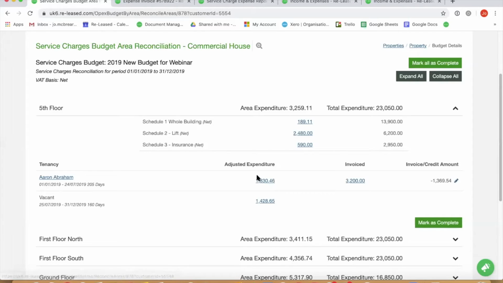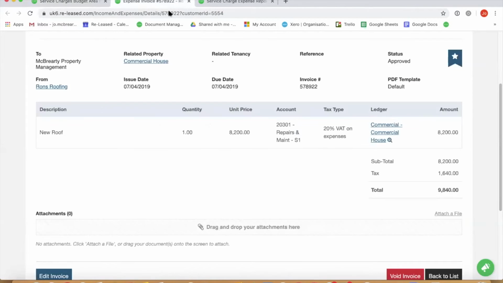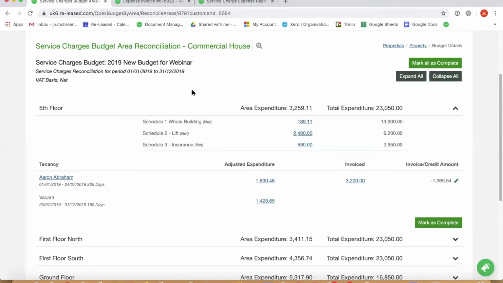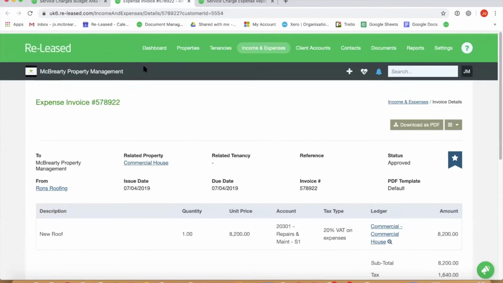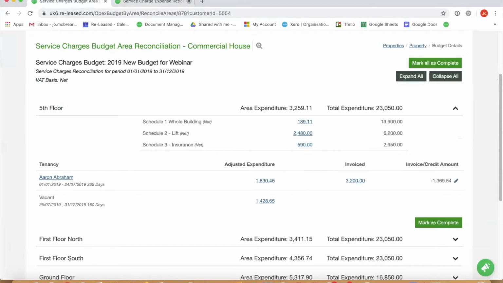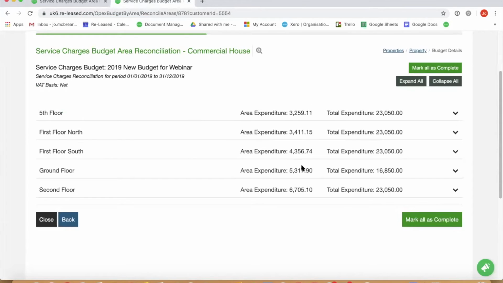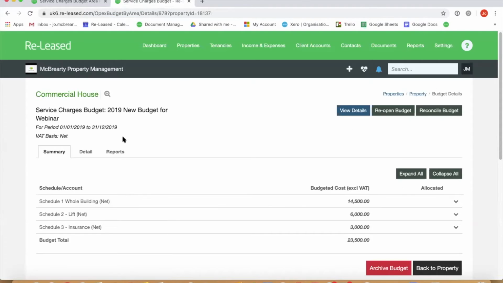And we can also see that Aaron Abraham has been invoiced £3,200, so he is due a credit of 1,369. Okay, so I'm just going to quickly shut down some of these tabs. What we're going to do now is, sorry, let's shut them down. Lovely. Okay. I'm going to duplicate again, and we are going to, on the second screen, go to the reports